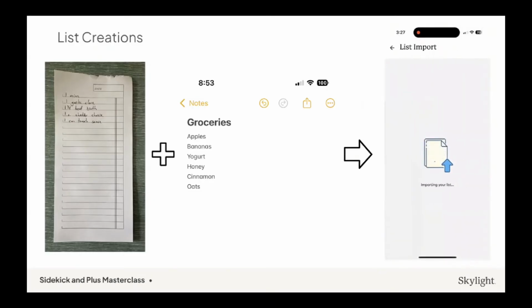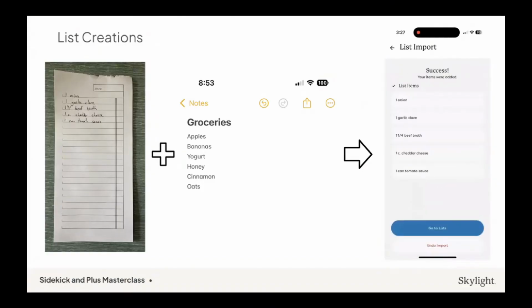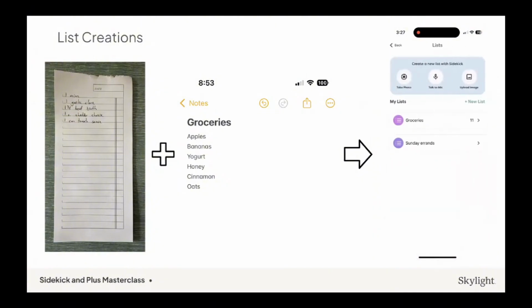This is the one I have handwritten in my kitchen. So I'm going to add that image as well. I do not have this marked as groceries, but as they are grocery items, Sidekick will know that this goes on my grocery list. We'll just take a moment as it is handwritten, and then we'll add all these items to that grocery list. When I then go to my list, I can see that all these items were added,